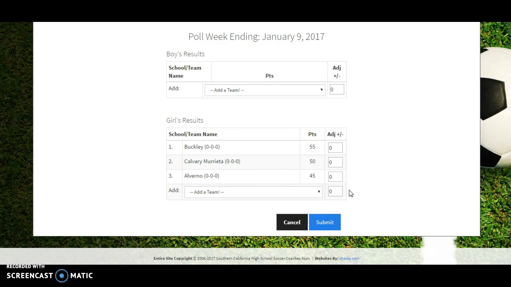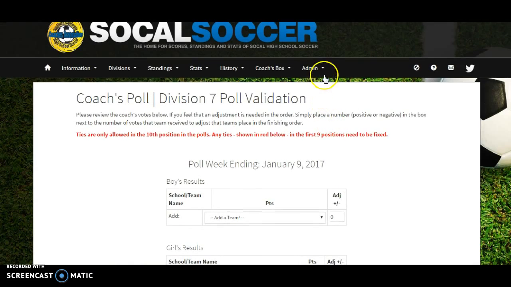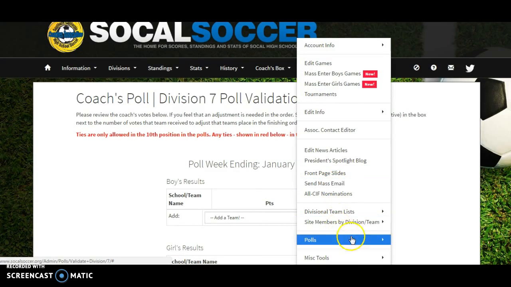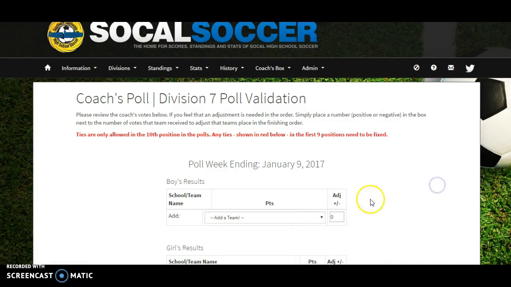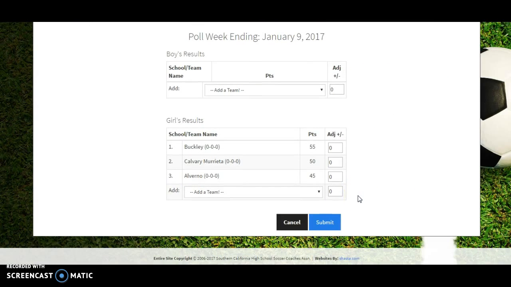Then I will go in, or one of our administrators will go in, and we actually finalize the polls. We click there and we finalize the polls. So your submissions are fine. You just keep submitting until you get it the way you want it by adding and subtracting points from each of them. And then we'll complete it once you email us to let us know that you have completed the polls.